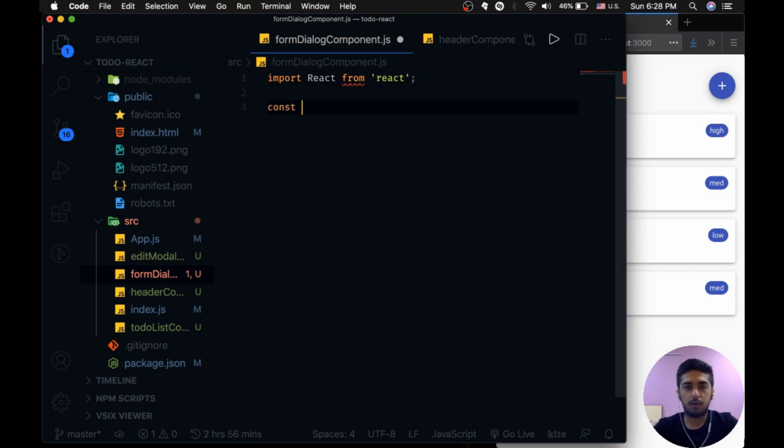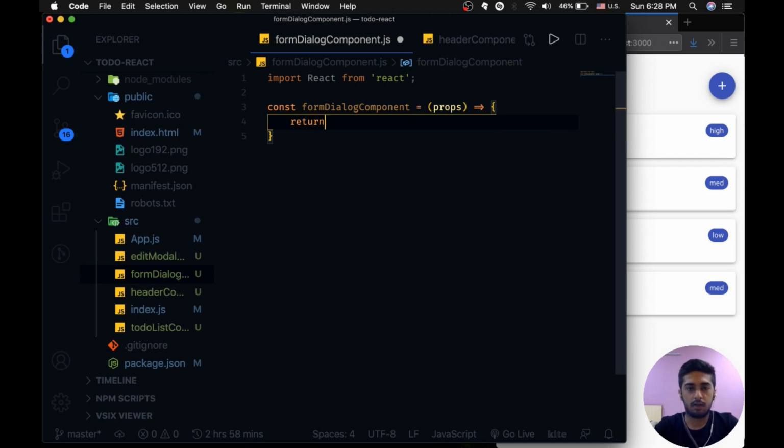Cool. const FormDialogComponent is equal to, and we'll have props by default, return